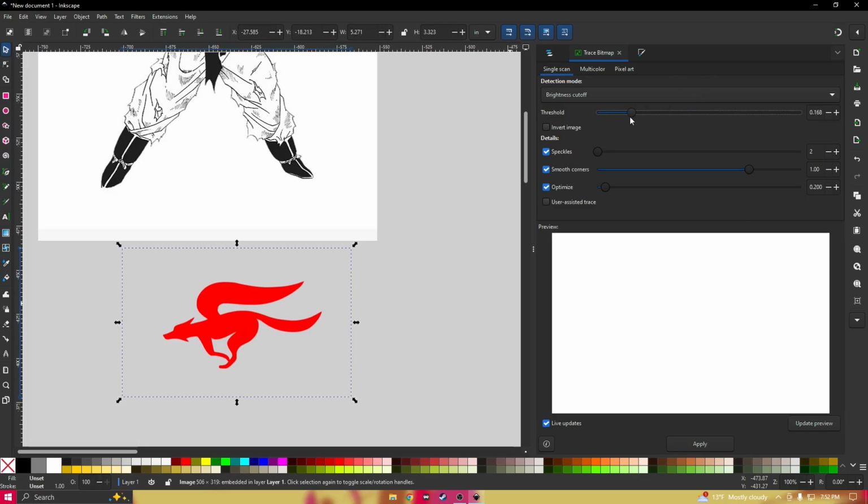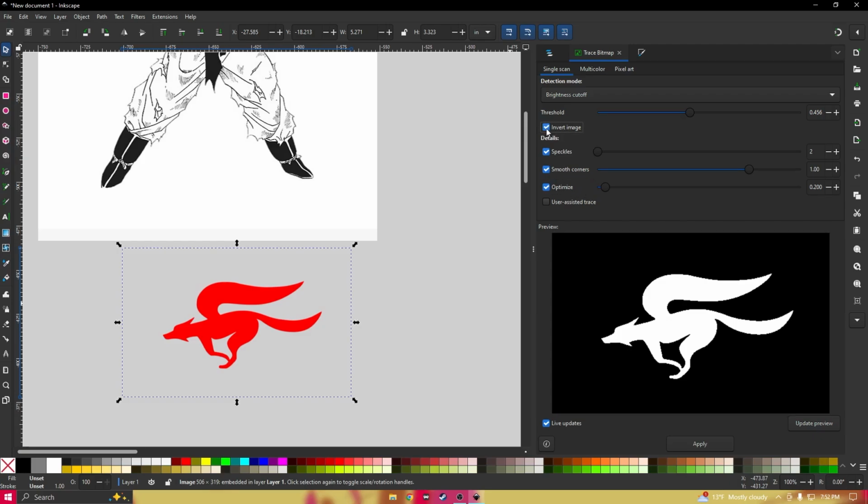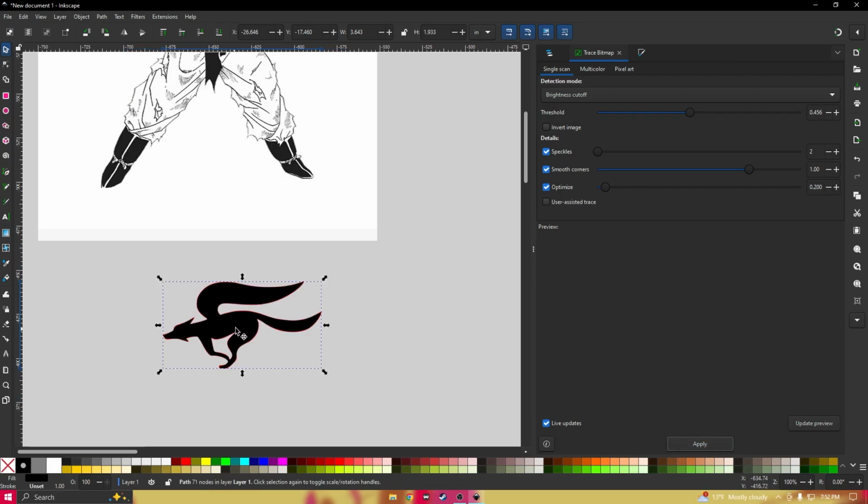And as I mentioned earlier, you can mess with this threshold to get the sweet spot. And you could just hit apply when you're satisfied. By the way, I leave speckles, smooth corners, and optimize default. And you can also click this invert image box. I didn't mention that earlier, but if you wanted to change what you're stenciling out, for example. Anyways, once you're satisfied, you just hit apply, and it's going to create your stencil directly on top of your